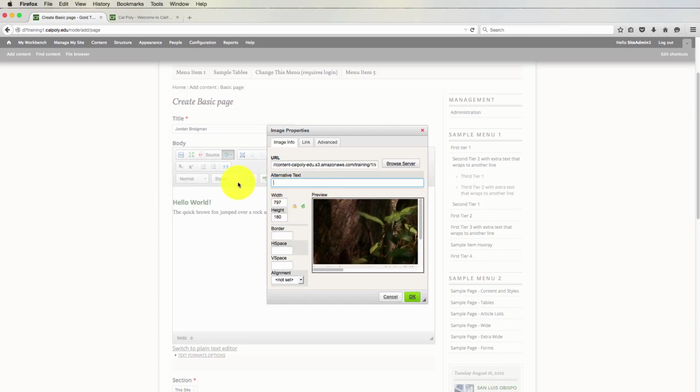So it's important that you fill this out with a little bit of a description about what the image is so they know what they're missing. In this case, mine is just a test screenshot, so it doesn't require a whole lot of effort or thought to make some alternative text. But when you have images on your website, especially ones that are important, you want to put some thought into this and make sure that this is helpful information.